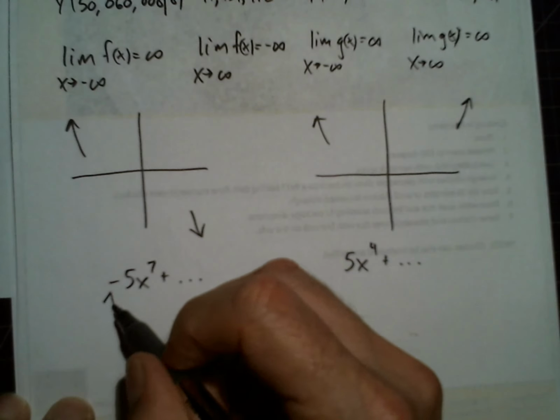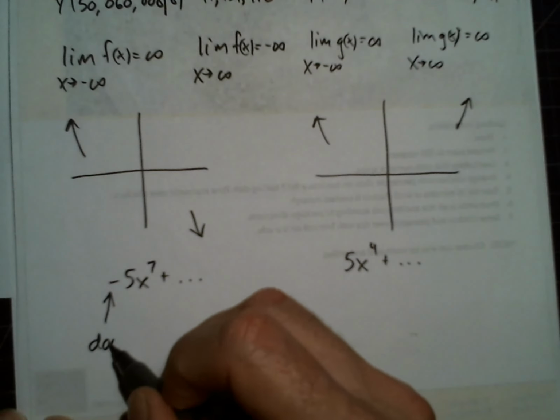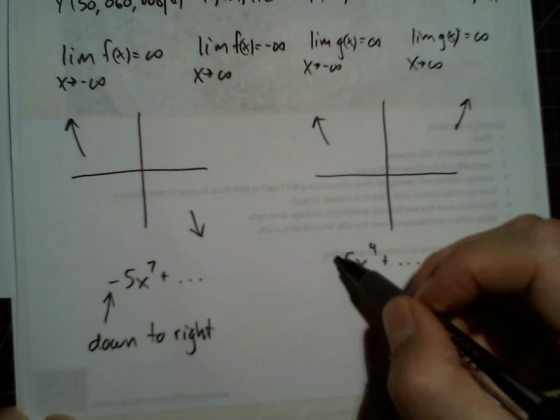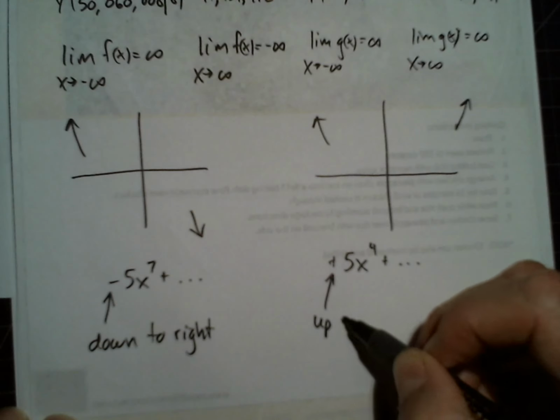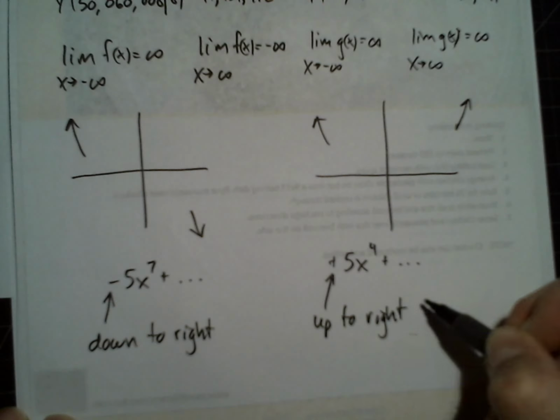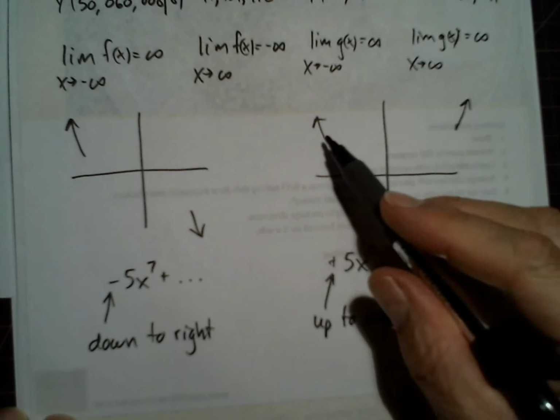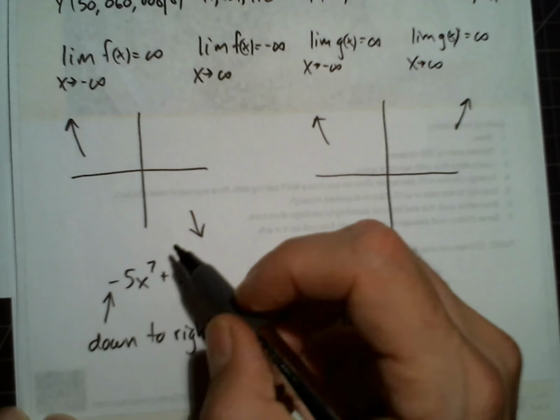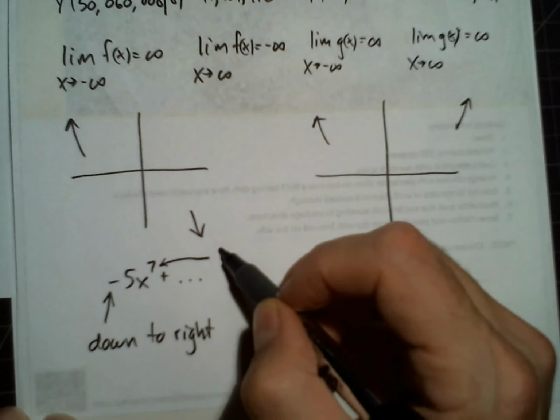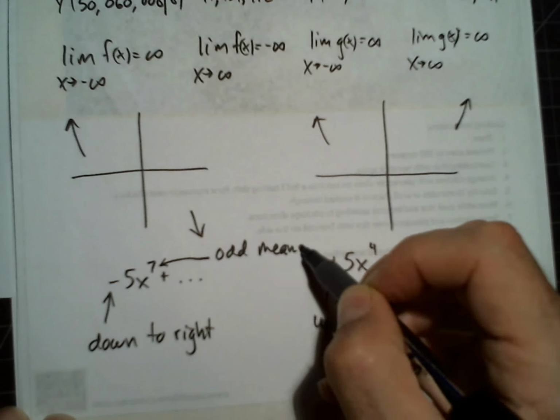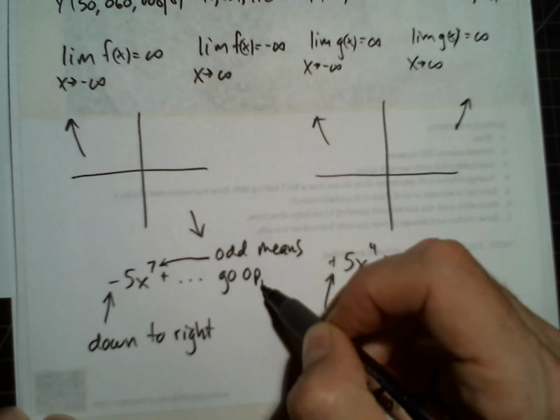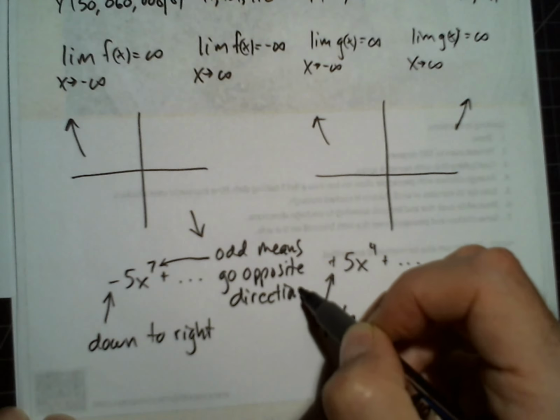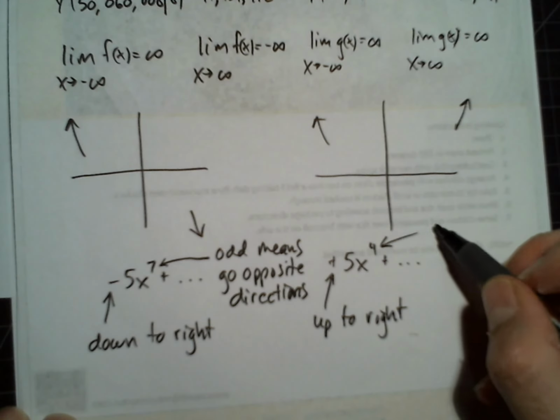So when you have a negative, that means go down to the right. When we have a positive, that means go up to the right. And then we have different directions here. And this happens with an odd exponent. So an odd exponent, we go opposite directions, and an even exponent